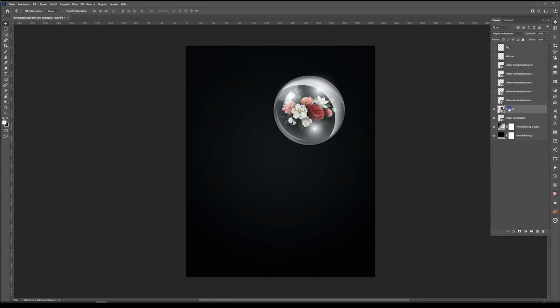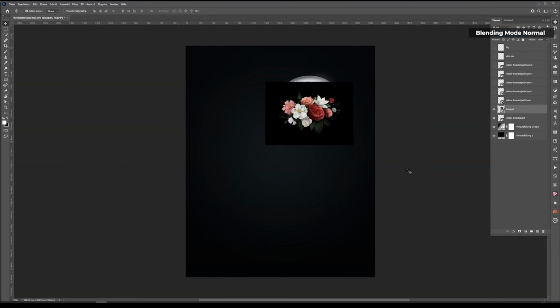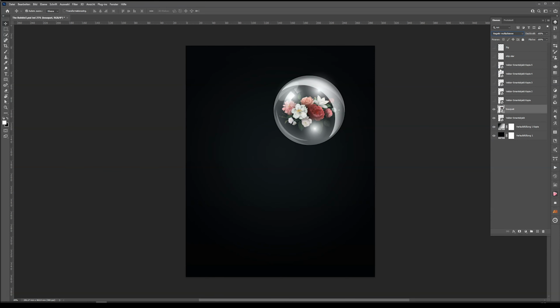When I added it, the blending mode was normal. That's what it looked like. Looking really awful, I would say. But if you just change to screen, it gives that effect that the roses or the bouquet is behind this glass, behind or within this bubble. Very easy. So what I did then, I just added the same vector element of the bubble I already added